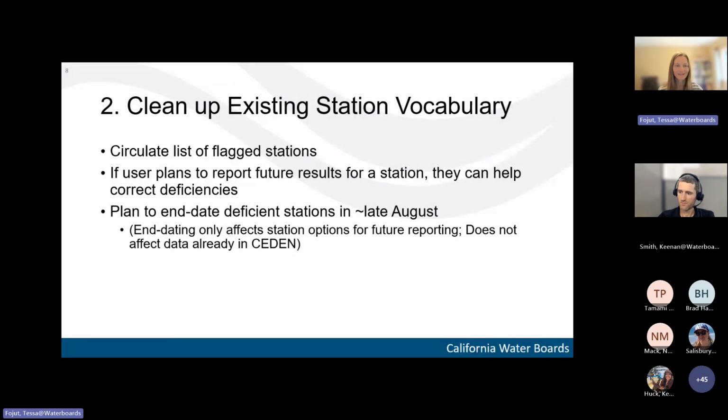I understand that some organizations really rely on their contractors or consultants to choose their stations, manage their stations, things like that. But the idea is to really refer back to that agency who is responsible for the monitoring in the first place. But Paul, feel free, if you want to say any more comments, because I probably haven't thought of every scenario, and maybe you have more insight to share.